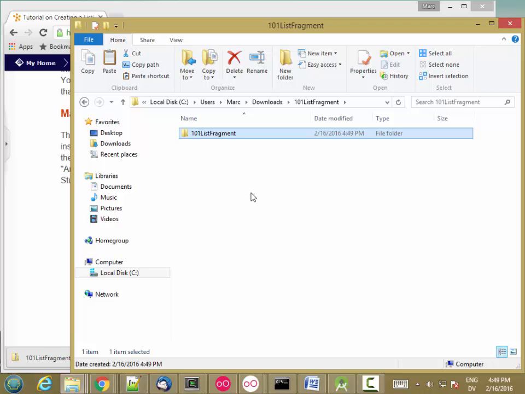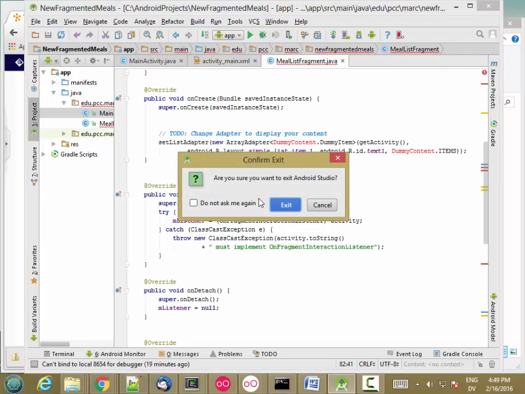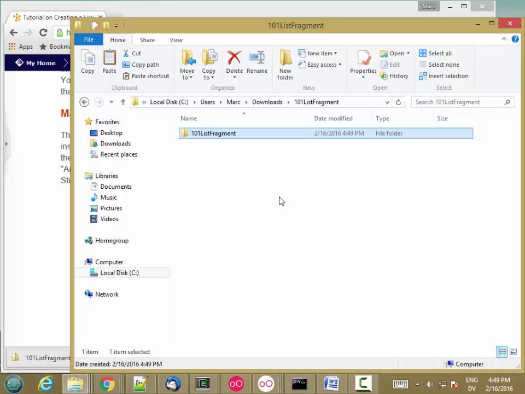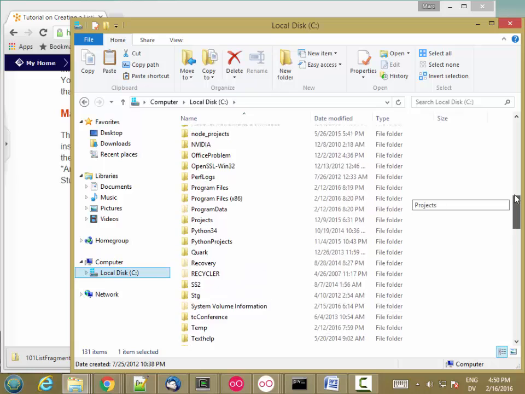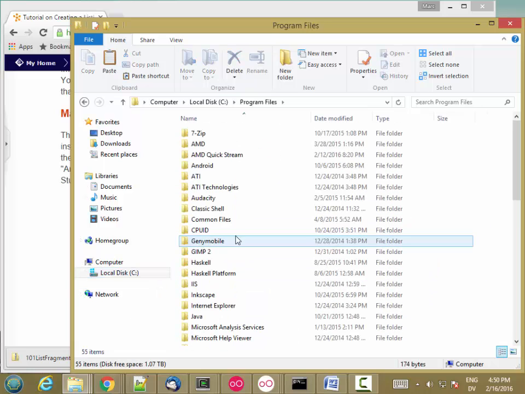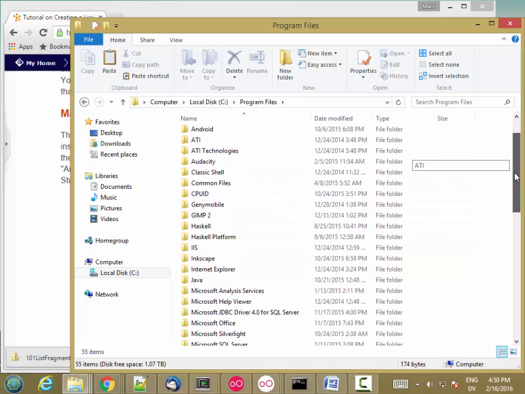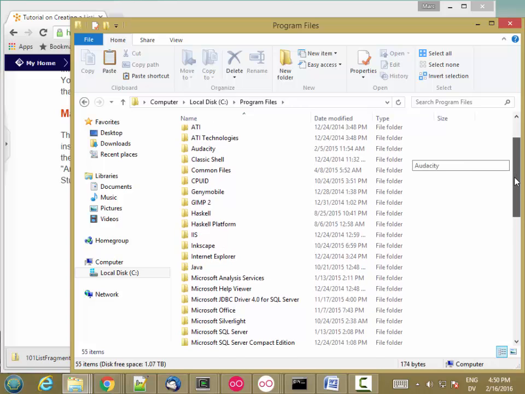And then one other thing that's really important is you need to make sure that Android Studio is completely closed. So I'm going to go ahead and exit all of my Android Studio windows. So I'm not running Android Studio at all right now. And then I'm going to navigate to my Android Studio program folder, which on Windows is in Program Files. In Macintosh, it's under Applications, and then you right-click and open Android Studio.app, and then